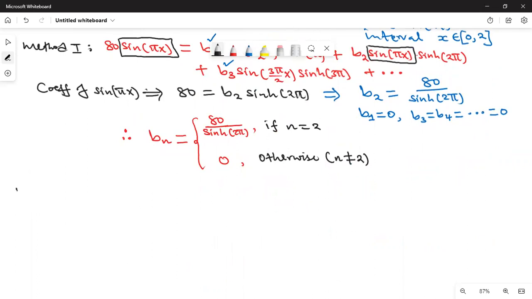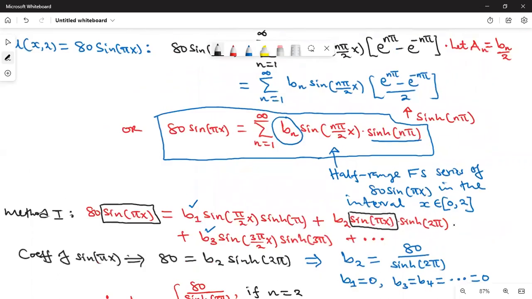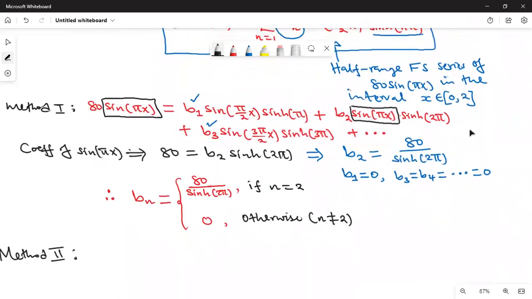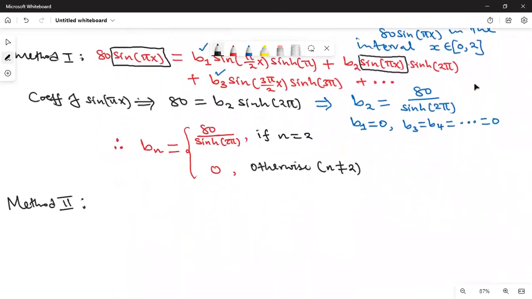Let me write it here. Method 2. Now, the whole of that Fourier coefficient, look at our series. We are going to take Bn times hyperbolic sine of n pi, because that's the constant. That is the coefficient we need to find. So you are going to write the Bn times hyperbolic sine of n pi is equals to